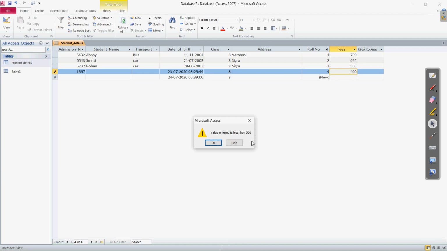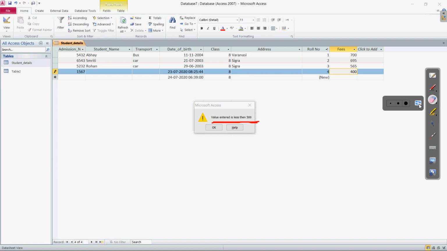Here you can see the error message: value entered is less than 500. This was the validation text which we have written, and the same is given to us as the error message. Clear? Whatever text you write there, the same will appear to you as the error. So in the validation text, we can choose the text accordingly, so that the same is given as the error message to the user.